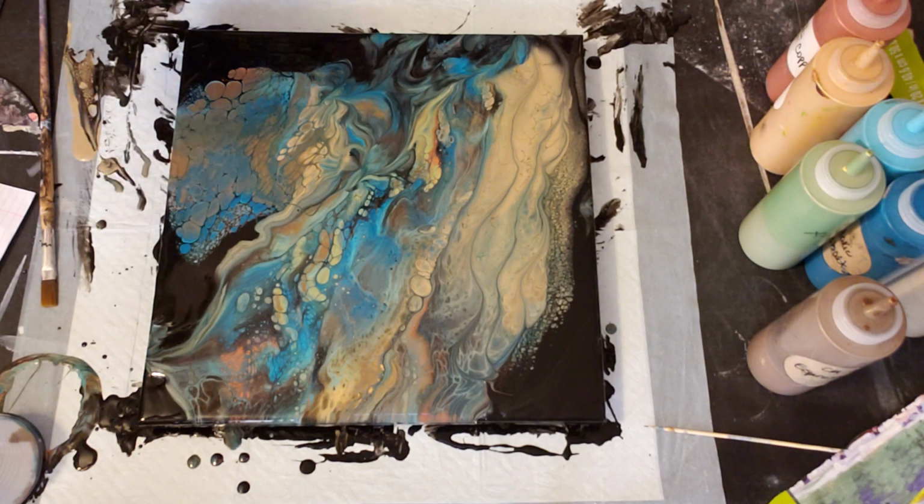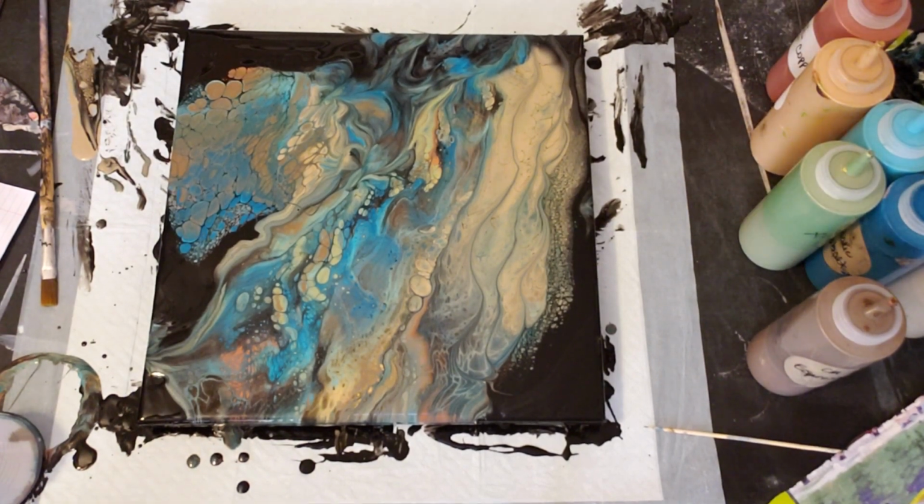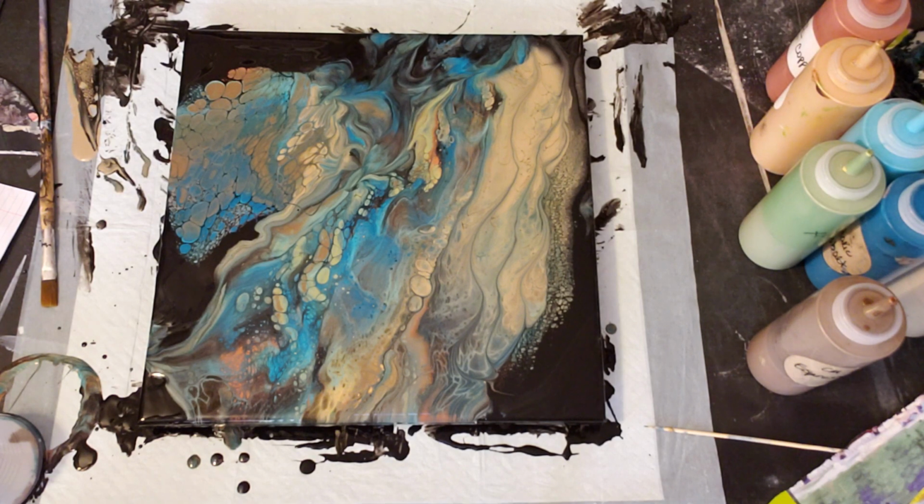And it will dry different because of the metallics in it. And remember, almost everything I used was metallic, except for the black. So it should be pretty cool when it dries. And I'm just trying to get you guys out of your comfort zone a little bit and move you on to